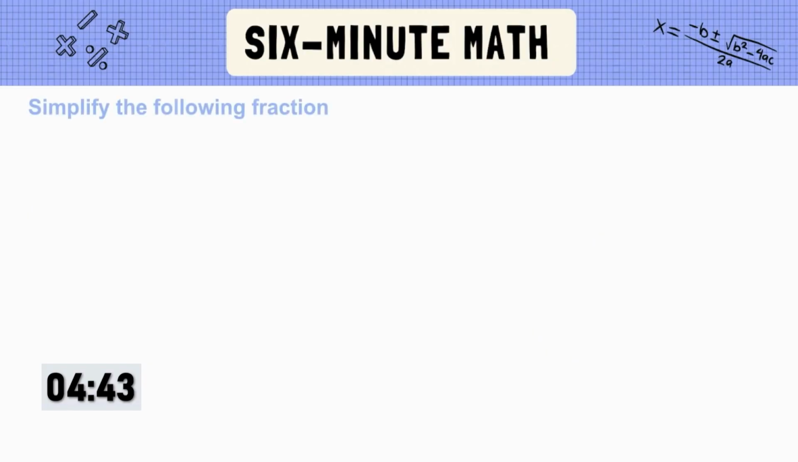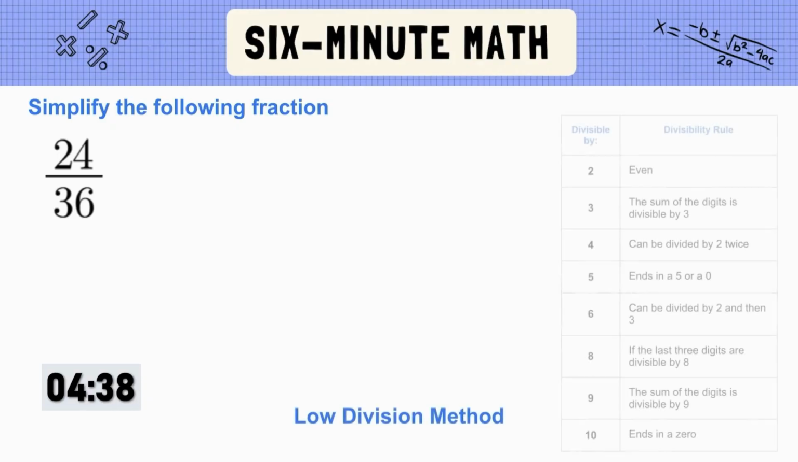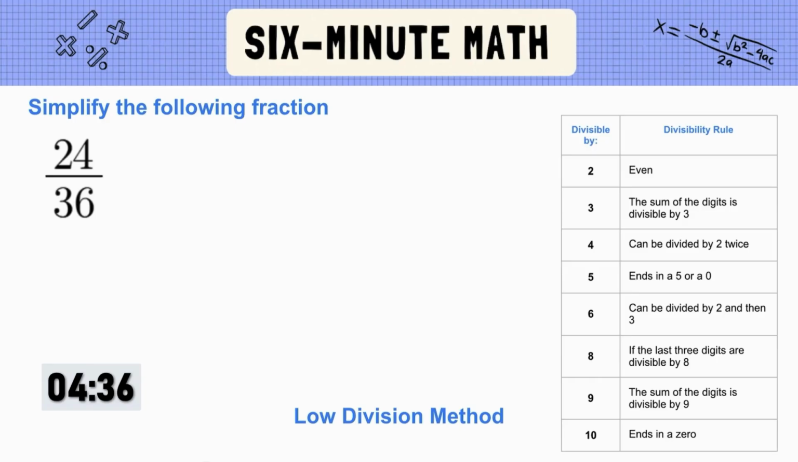We are going to simplify the following fraction of 24 over 36, and we are going to use the low division method. I have a divisibility chart here, and I'm going to look through and see which rules apply to both numbers. I can see here that both numbers are even, so I'm going to start dividing top and bottom by 2 for 12 over 18. This is still not in lowest terms because I can still use my divisibility rule of 2 again because they're both even